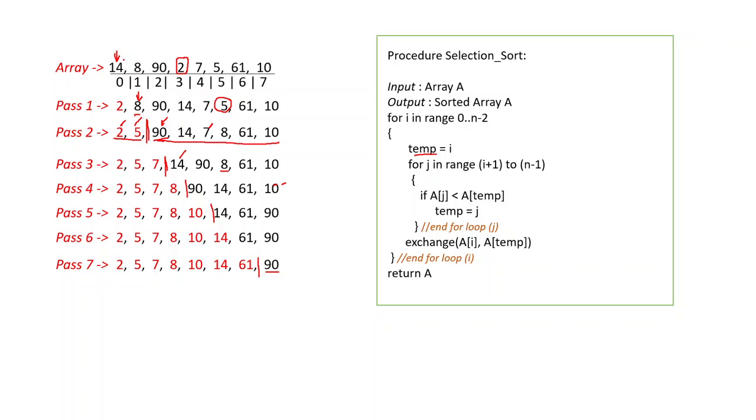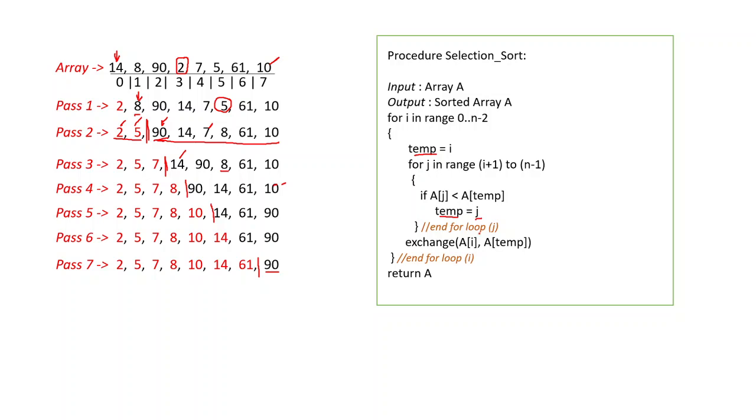Now the J loop will start from the position immediately to the right of I, that is from position I plus 1, and it will go on till the end of the array. Since the indexing starts from 0, this is going to be the n minus 1 position. Now we will consider that if A[J], that is the element contained in position J, is less than A[temp], then temp will be getting the